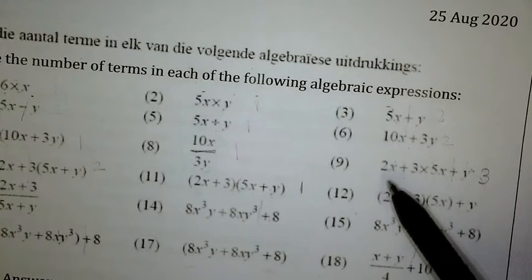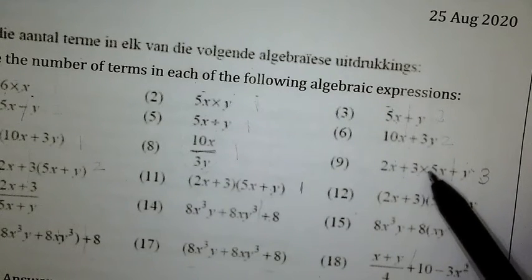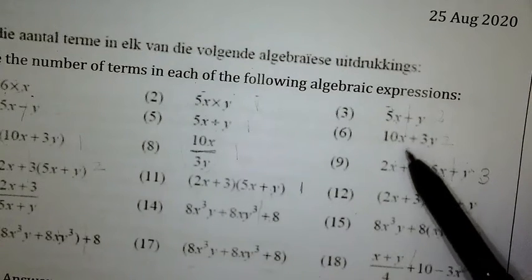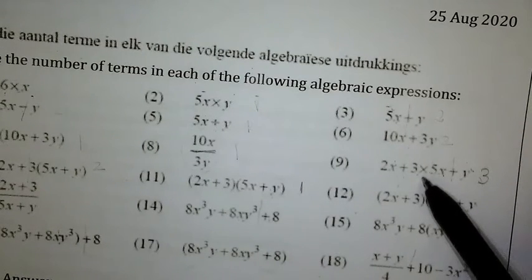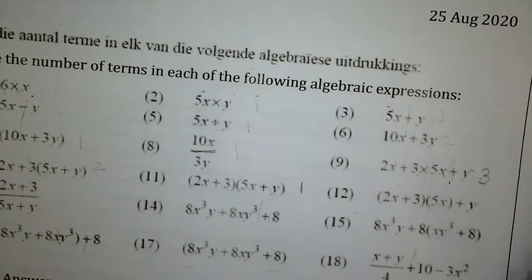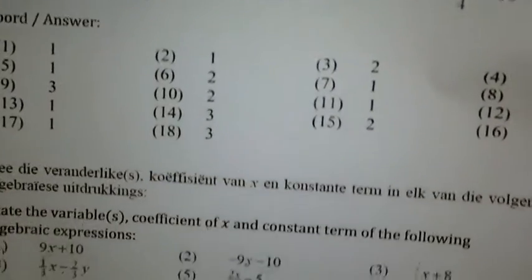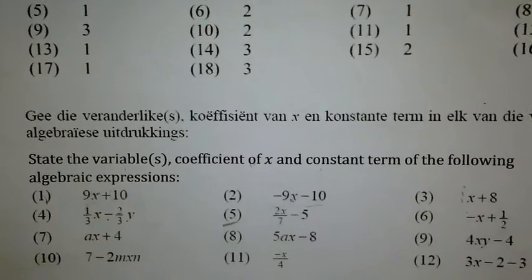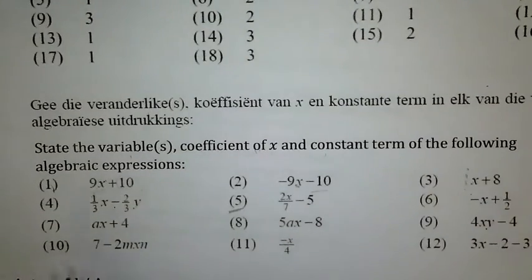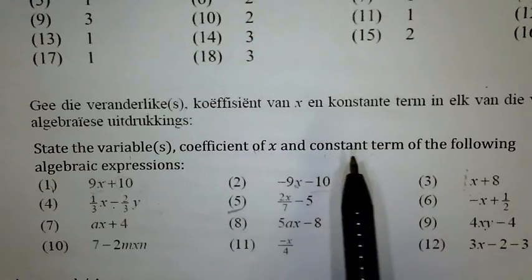If you look at this one here, you see it's 2x plus 3 times 5x, so the plus sign separates, the times not, the plus sign separates, consisting of 3 terms. So the rest you can do, and the answers are also given so that you can practice. If you look at the next one, they say state the variables, coefficient of the x, and the constant term